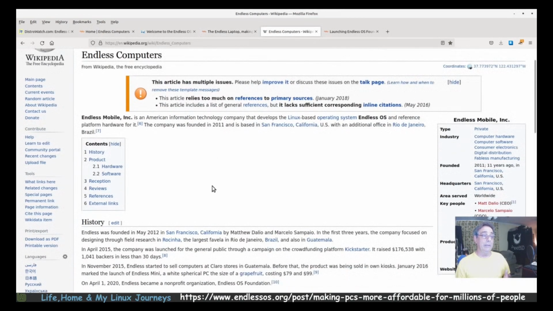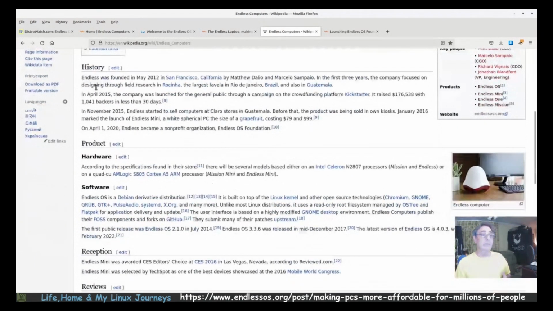Here's their wiki that tells you a little bit more about them. Endless OS was founded May the 12th in San Francisco, California by Matthew Dalio and Marcelo Sampaio.